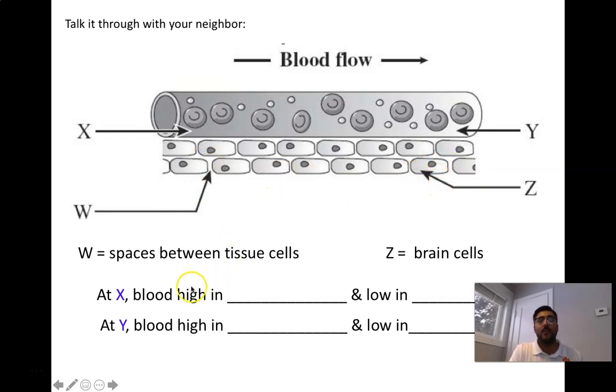And they're asking me, hey, where is blood high? So at X, blood is currently high in what? Well, at the beginning of this capillary, let's say, blood should be high in oxygen and nutrients. And the blood at this point is going to be low in wastes and CO2 because it hasn't actually dropped off that material yet. But at position Y, it's already crossed the length of this tissue. It's now going to be low in, or pardon me, high in carbon dioxide and wastes, and then it's going to be low in oxygen and nutrients at